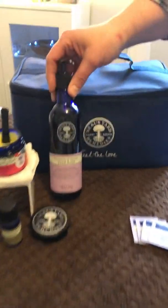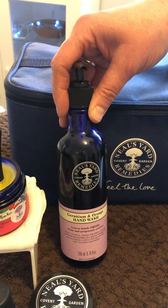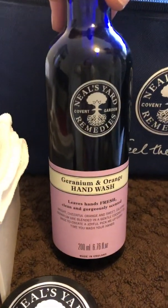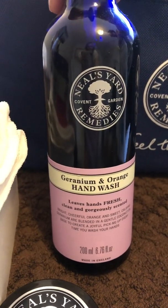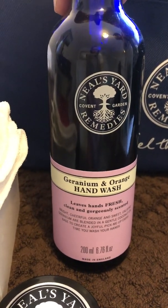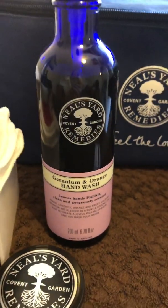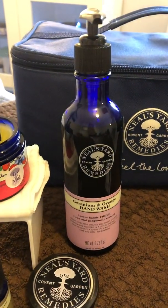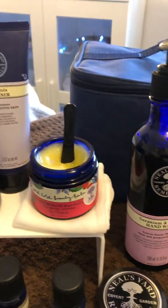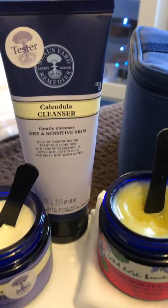Okay, right, so the other products within the core range, we've got this amazing geranium and orange hand wash. You can utilise that by leaving that at the sink in your therapy room so that your customers and clients can use that. It just shows them that the product range is diverse and can be used every day in the home. If you're a beauty therapist, you can also use that for manicures and pedicures in the water before you soak their hands. So we've also got these amazing products here, starting with the Calendula Cleanser, which is a